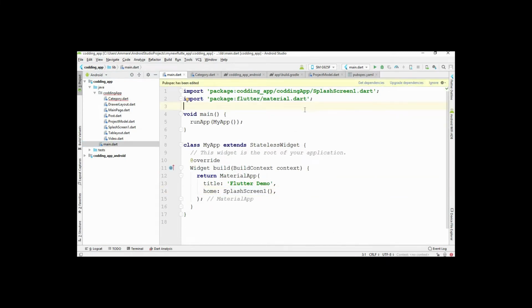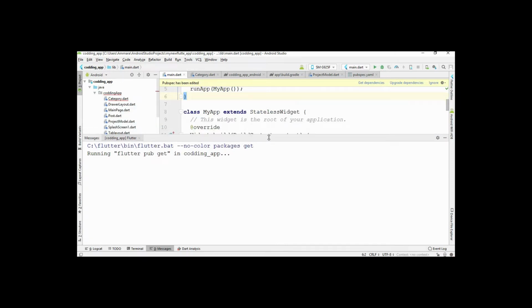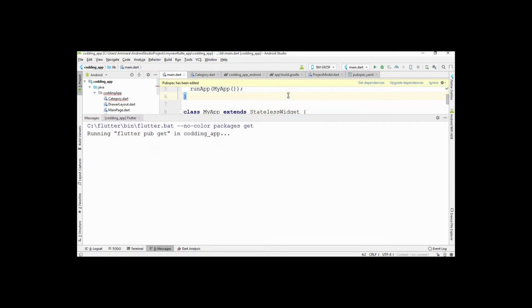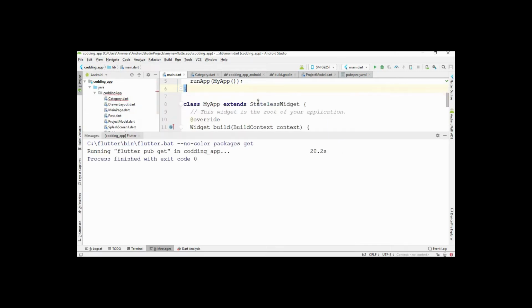If you cannot see it, press Ctrl+S. Click on the Get dependencies button to execute all the libraries we have included. You can see that all the changes we have done were executed successfully.